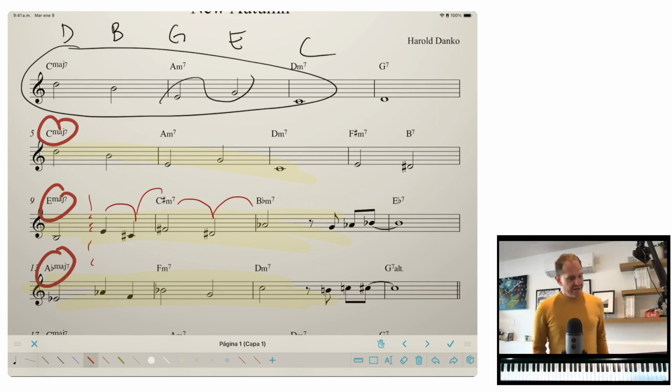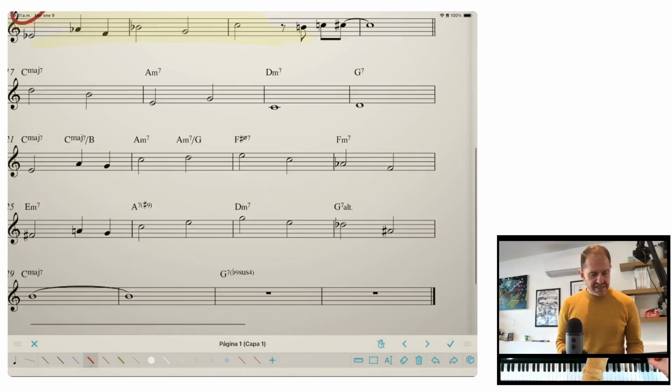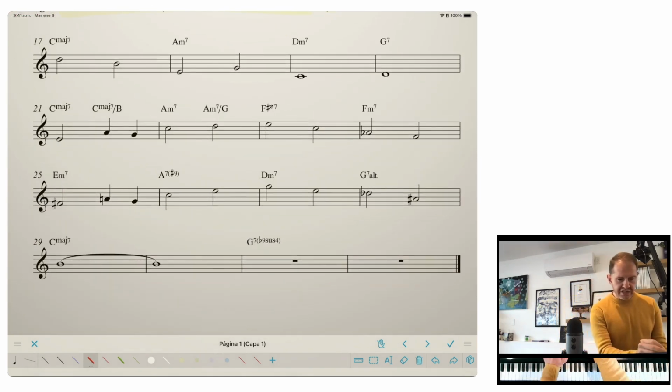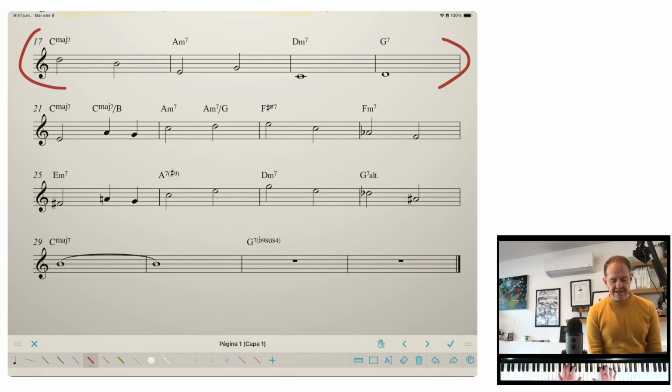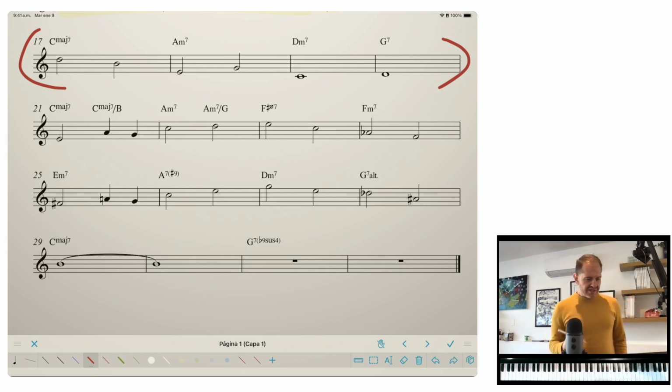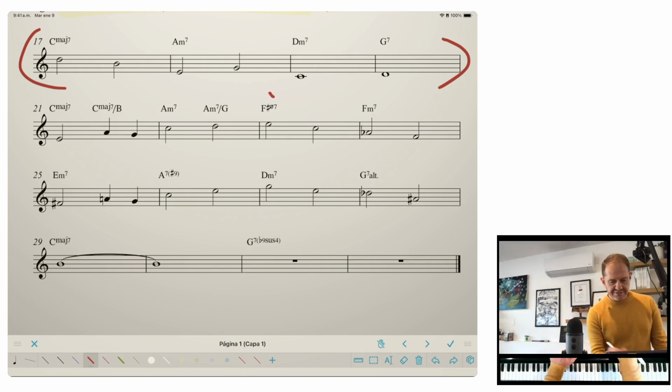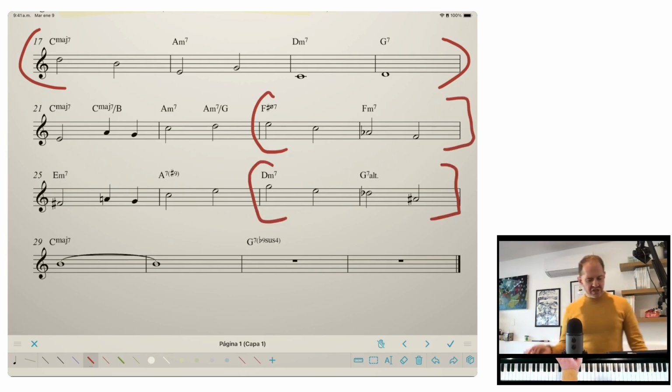Cool. All right, so now let's look at the second half of the tune. And the first 4 bars are exactly the same as the first half. And so it's presenting that first theme. Now, line 21 and 25 both really interest me. Let's take the second half of each line first. What are we doing in the second half of each line? We're descending through a 7th chord.